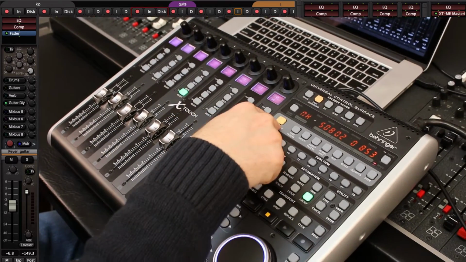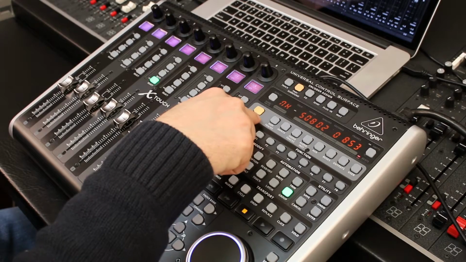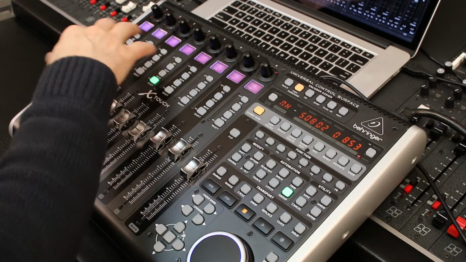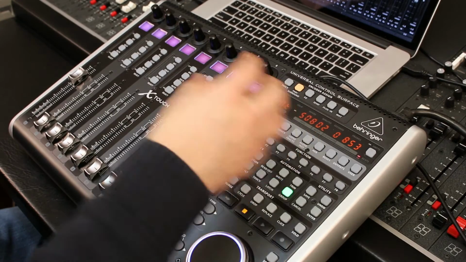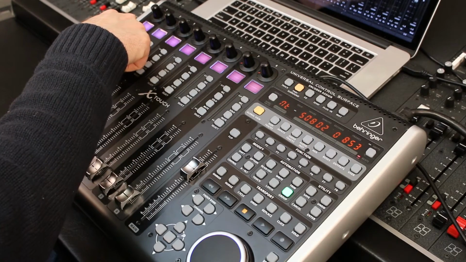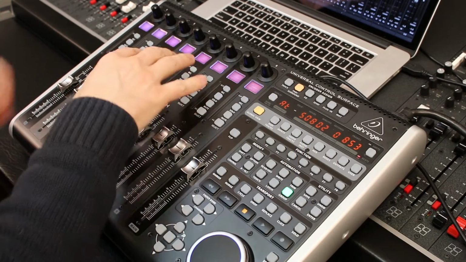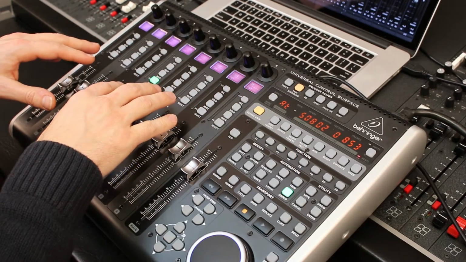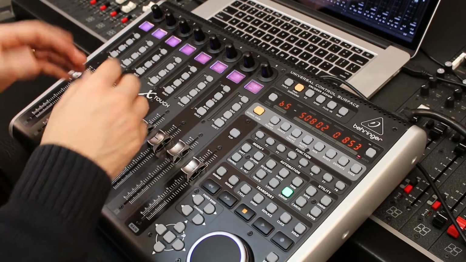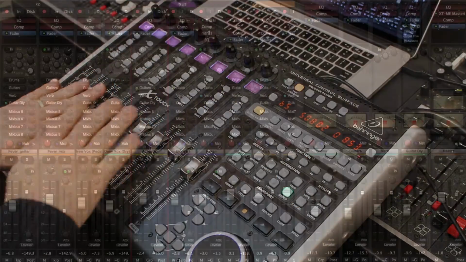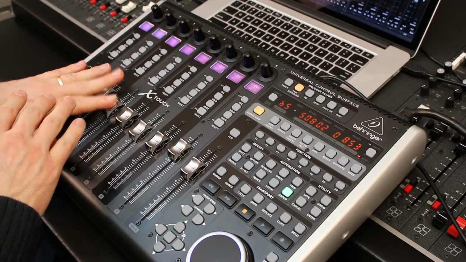One of the cool things about the Mackie protocol is it allows you to filter what you're looking at on the surface. So in this case, I'm looking at the global view, which shows all my channels in a row, but I can click the MIDI tracks button to filter my list of tracks and only show me my single MIDI track that's available. I can click audio tracks, which brings up my 8 audio tracks from the session. I can click buses, which shows me the 8 mix buses. So you can see that on the screen I'm operating 4 of those 8 mix buses right here.